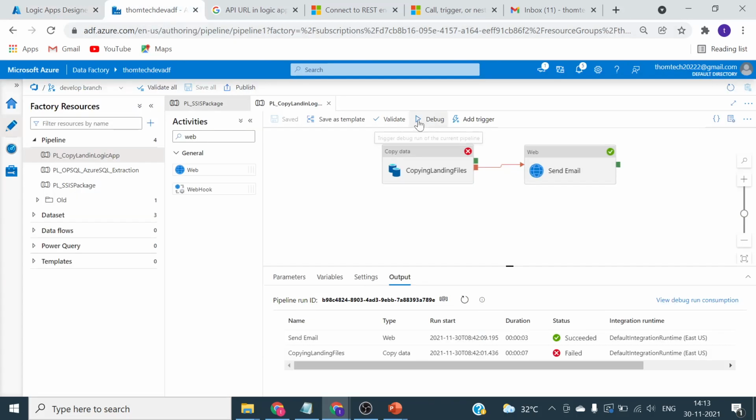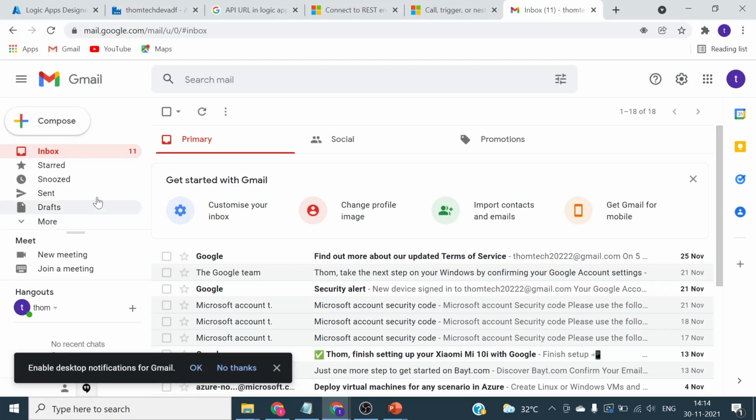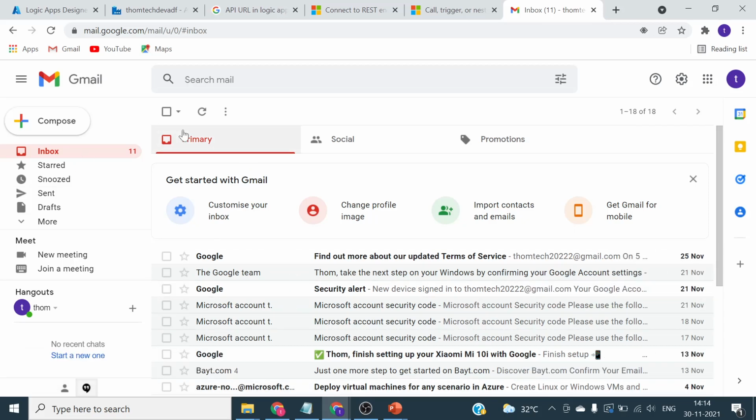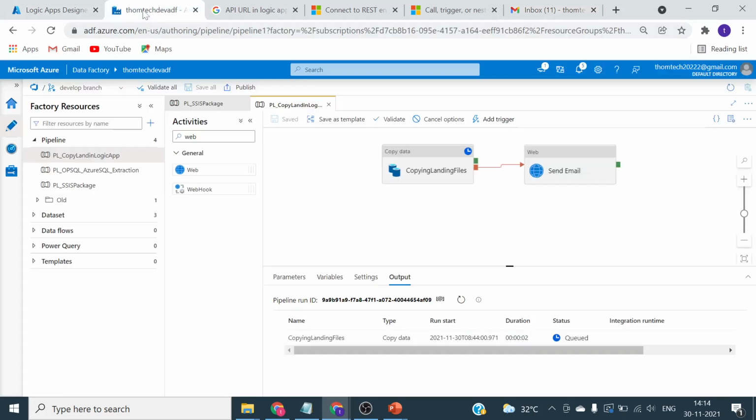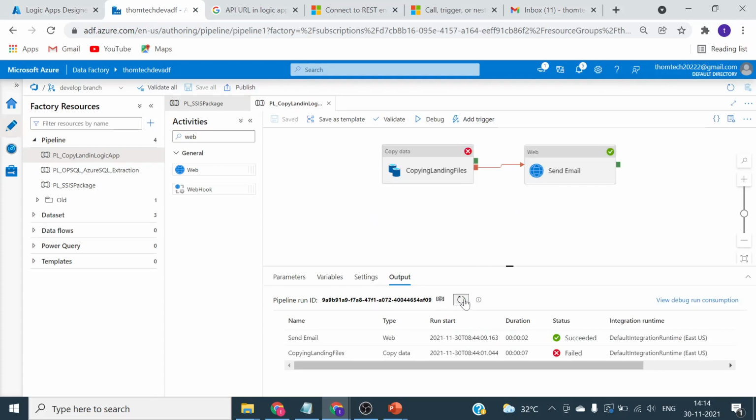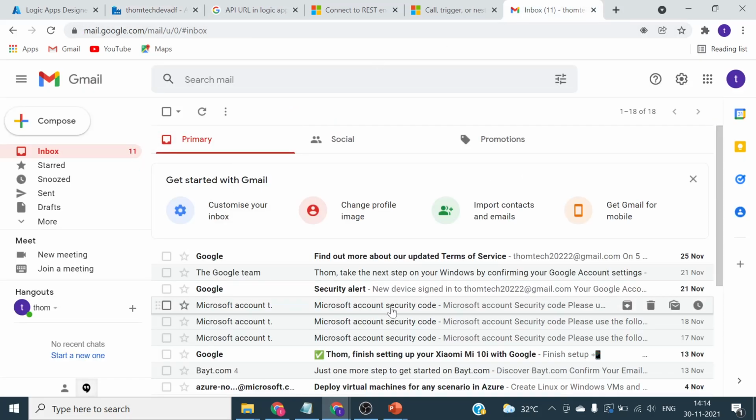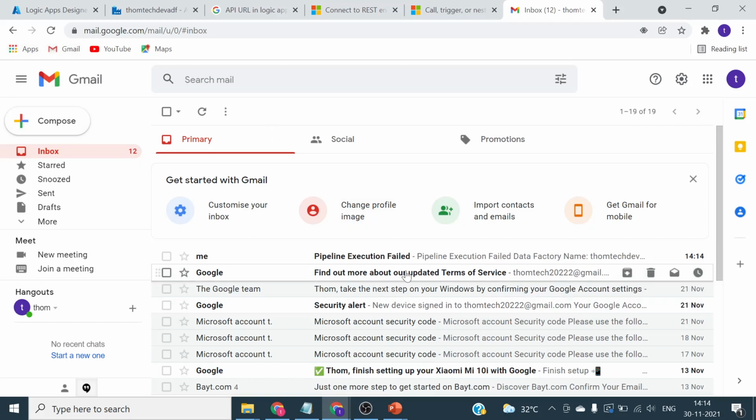Let's go back and trigger one more time the pipeline and let's see. So in the meantime, I can show you that we have not received any email from the last step because email was not configured. Okay, so now let's wait for this execution and let's see what happens. Okay, it has failed and it has executed an email. Let's see if we get any email. Let me just refresh the screen. Yeah, I think we already got, see, pipeline execution failed.